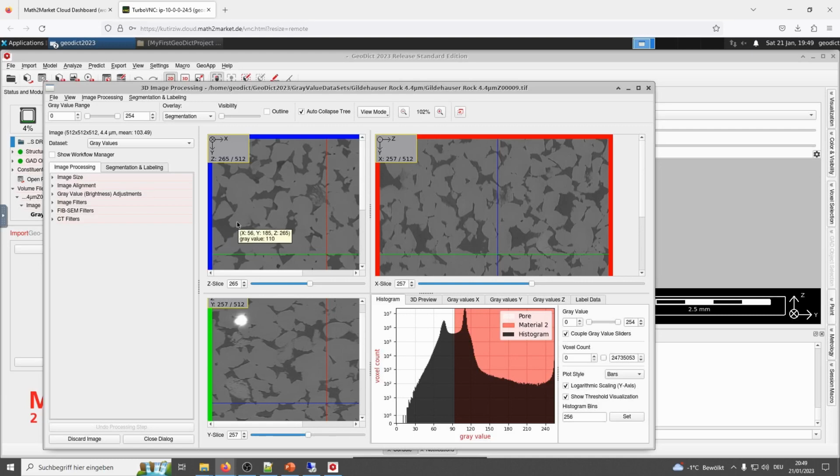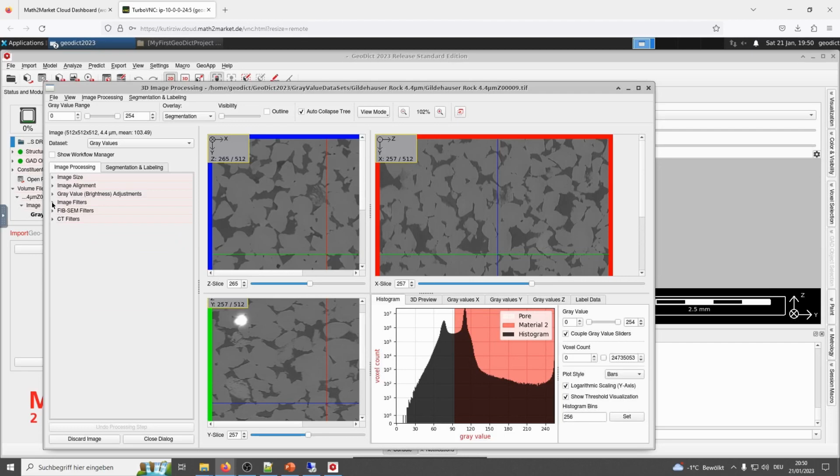There is not much noise, and that means that we may go without additional settings in the Image Processing tab, where we can improve the quality of original raw data images by using different filters. Let's have a short look at this Image Processing tab. You can find here some tools for changing the size of the images and a lot of filters to improve the quality, if not enough.